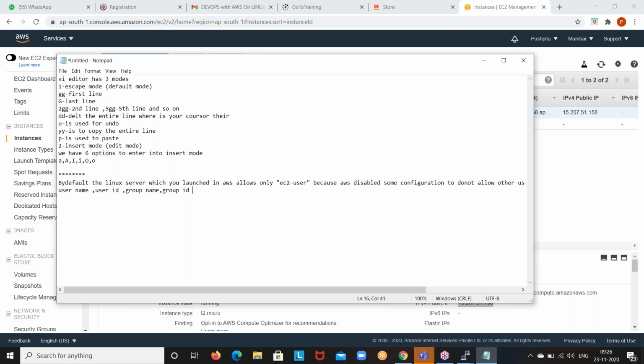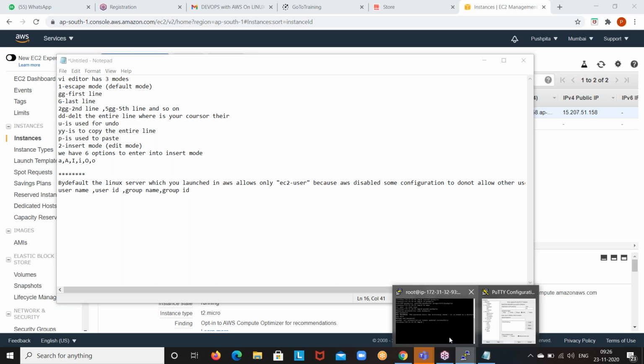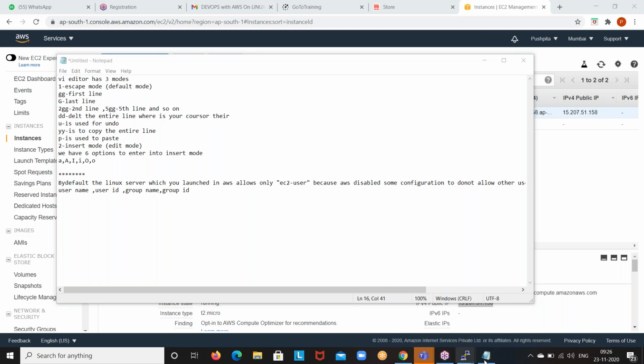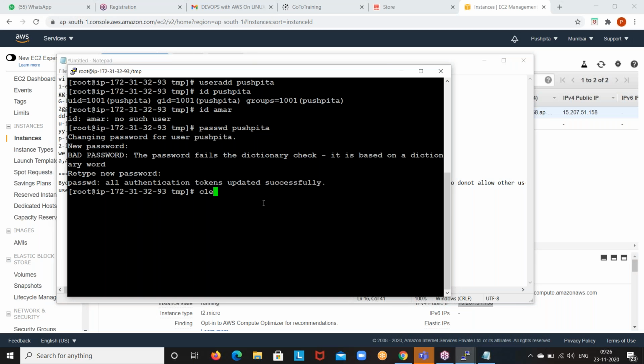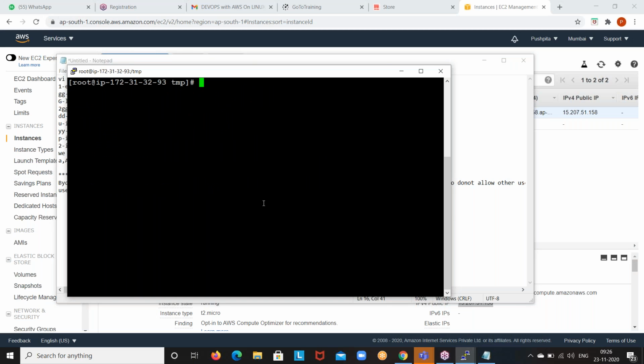Now go back to the PuTTY session. See, I created the Pushpita user. Can you clear the screen and run id Pushpita again? From the output, can you highlight the first part?